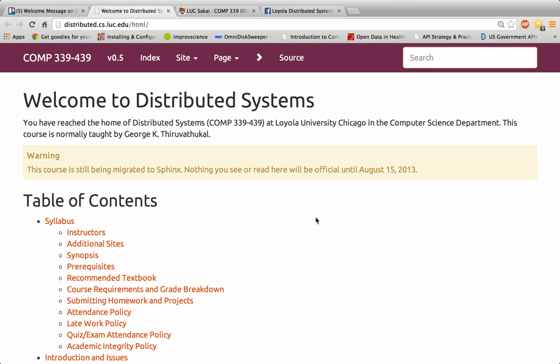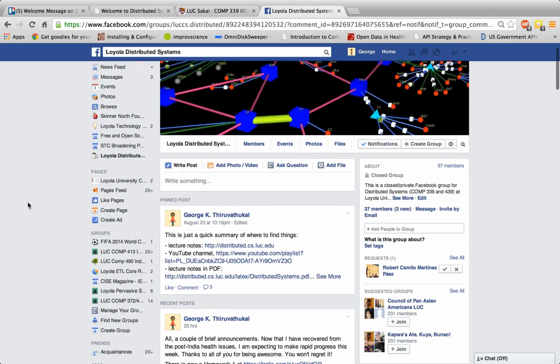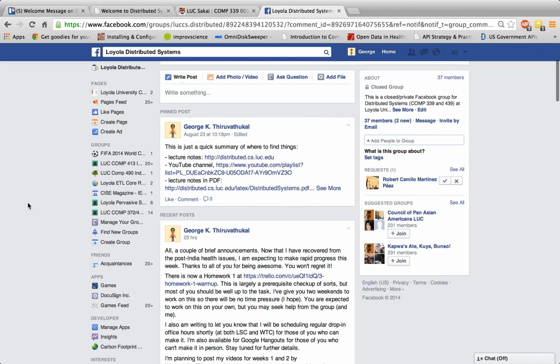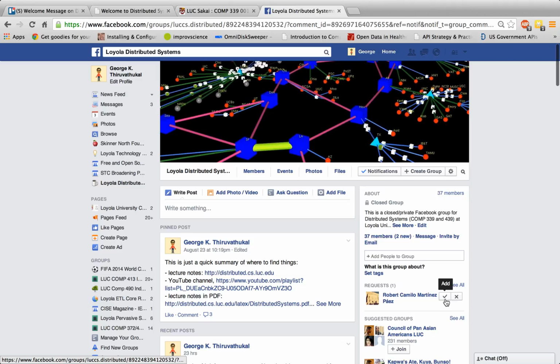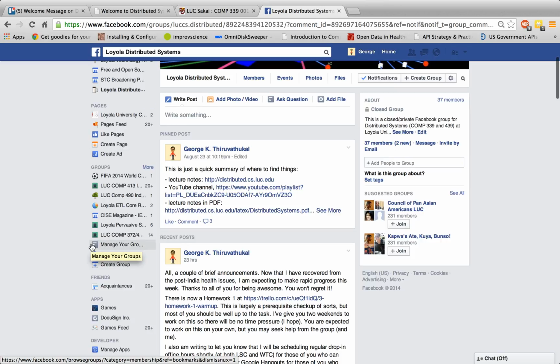So everybody should please start taking a look at these notes. The other thing you will want to do, if you have not done so already, is to make sure you're participating in the Facebook group. The Facebook group is named Loyola Distributed Systems, and I've already posted a link that everybody should be using to join. If you have not joined yet, please do so right away, because it's really crucial that you have access to this for latest announcements, and so you can also get help.